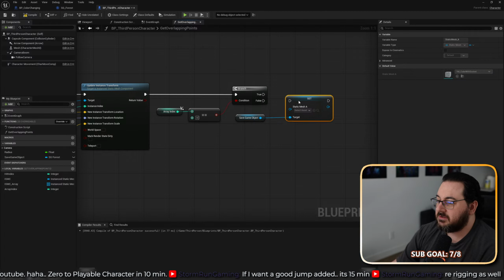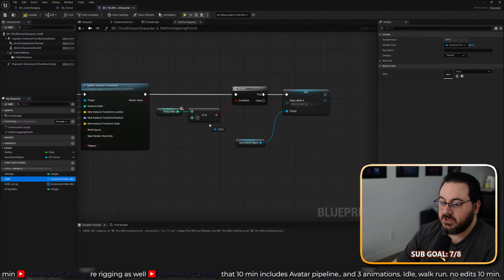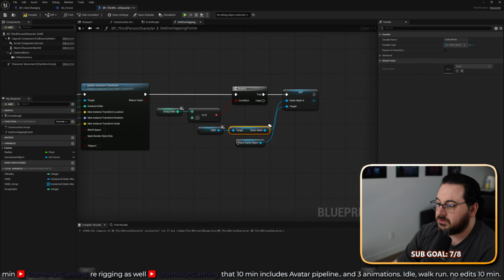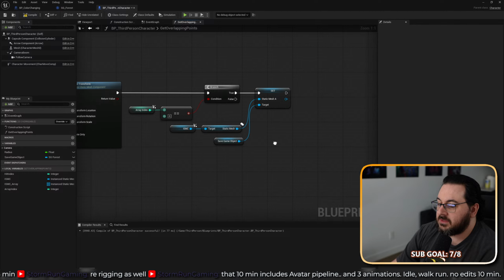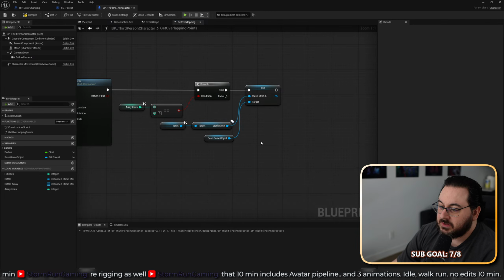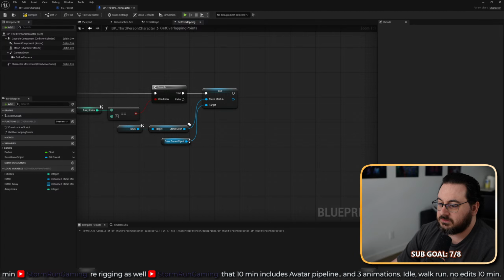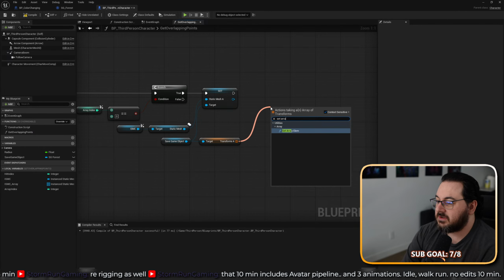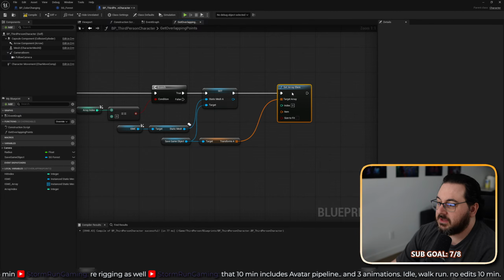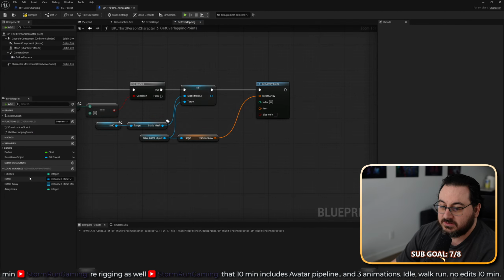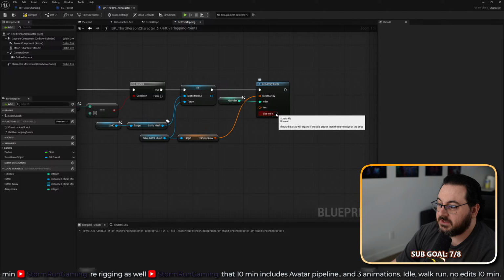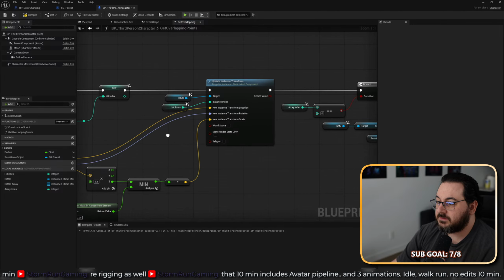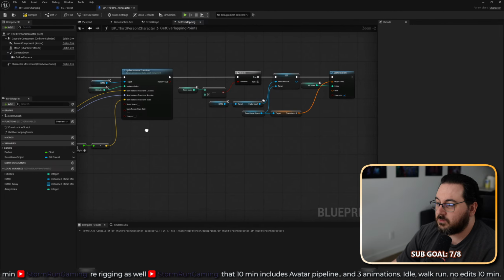Set static mesh A to be get static mesh to be you, and then we need to also get transforms A and set array element. Index will be the index of the hit index. It'll be scaled to fit, and the item will be the transform of this, which means